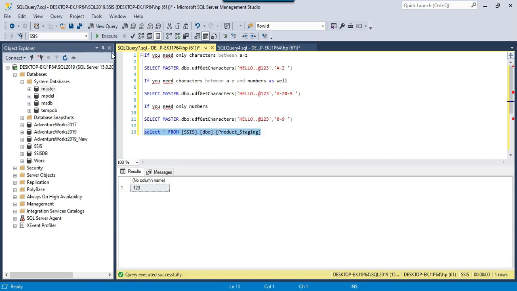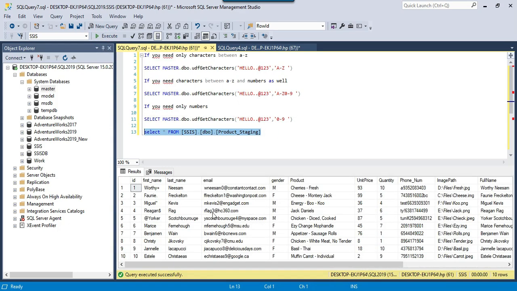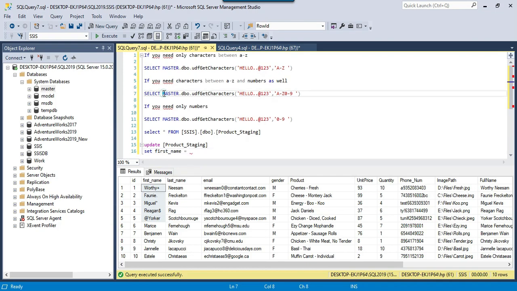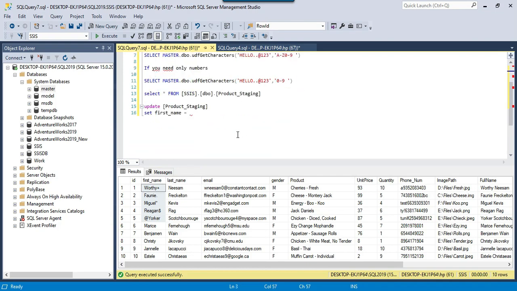Okay, that's the thing. So in this particular table I'm going to fix the first name and then I'm going to fix the phone number as well. So let me just write 2 update statements, or I can write just 1 as well, but maybe I can show you by writing 2. Update table set first name equal to, I can copy this one.